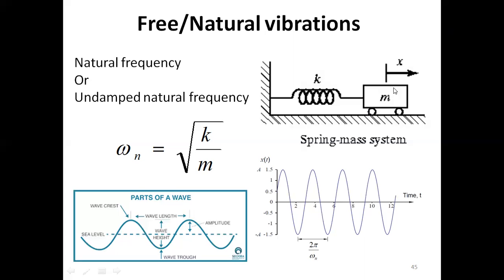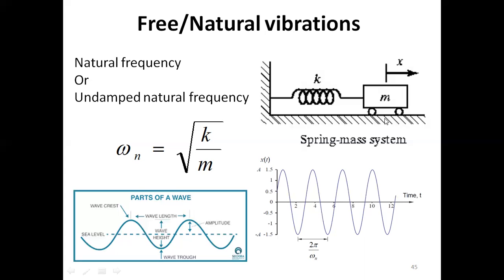So let's say we have this mass. It is attached to this spring. One end of the spring is fixed, whereas the other end of the spring is connected to this mass. And initially, let's say I'm pulling this mass this much distance, and then I am releasing the mass. So this disturbance is actually pulling here. And then when I release the mass, what would happen? This mass would start vibration about a mean position. So let's say this is the mean position,